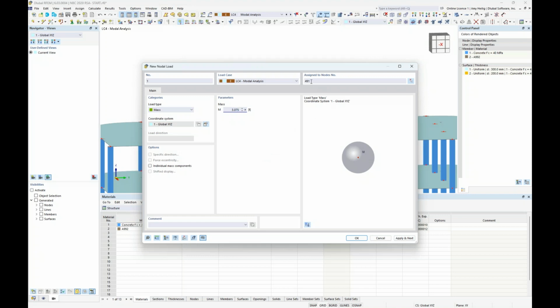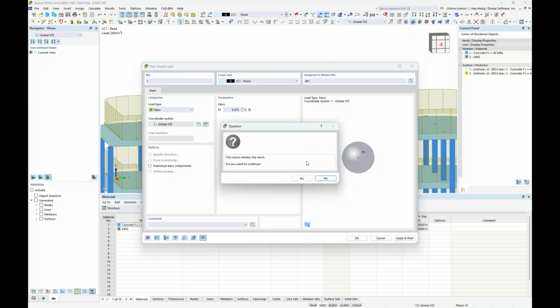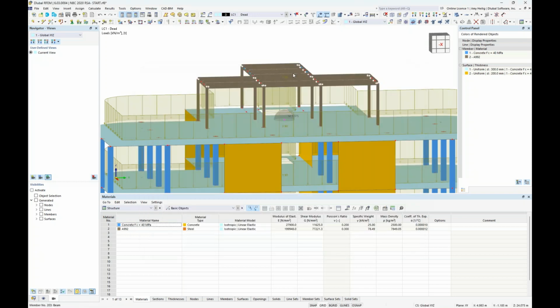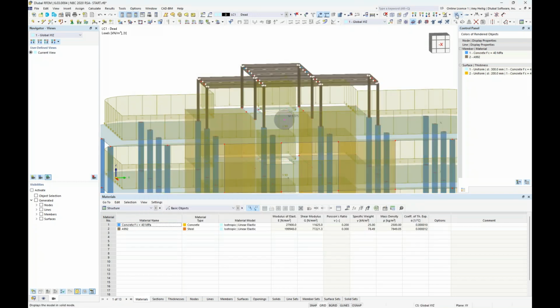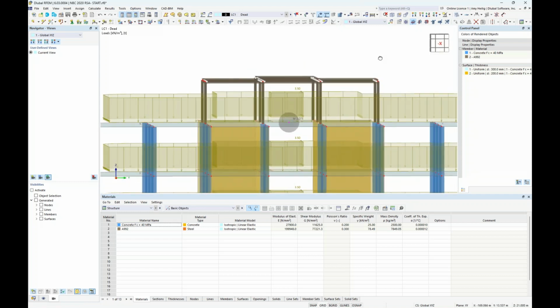And I'm going to apply it to node number 491, or we could graphically select that node. But we do need to make sure that we are under the relevant load case here. So we want to apply that to the dead load case. So when I click OK, the program asks me to delete the results, and we turn this into a rendered view here. And now we see that mass load applied directly to that node, again, at that top slab